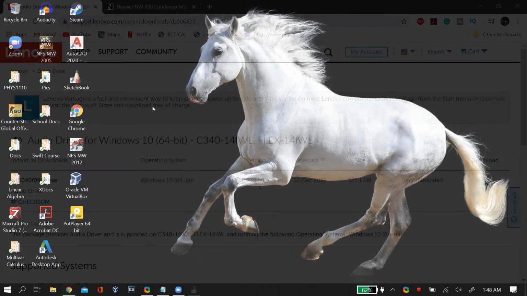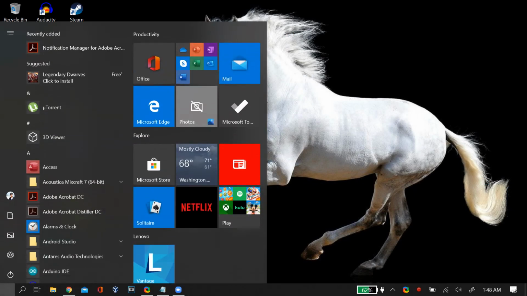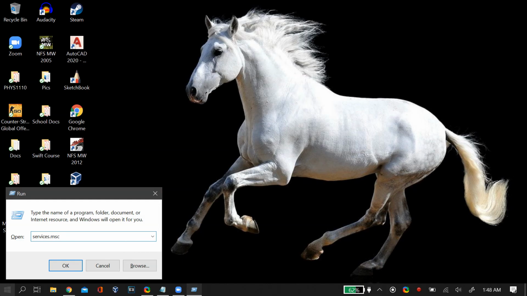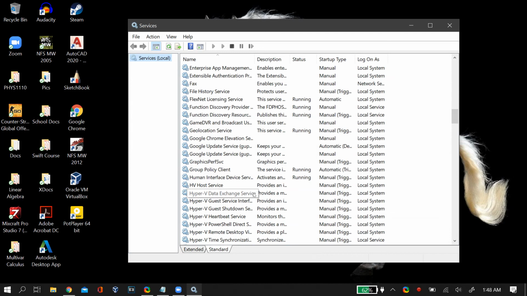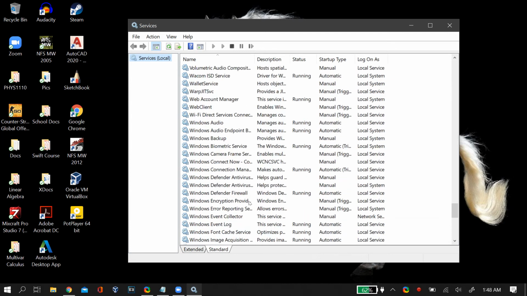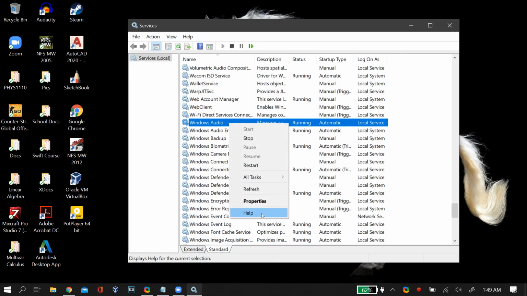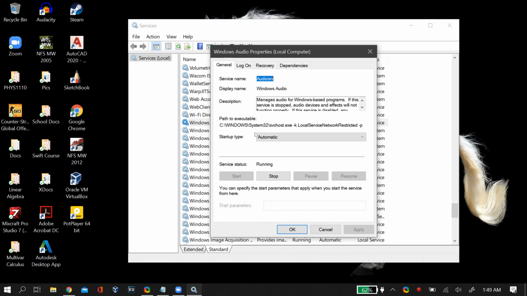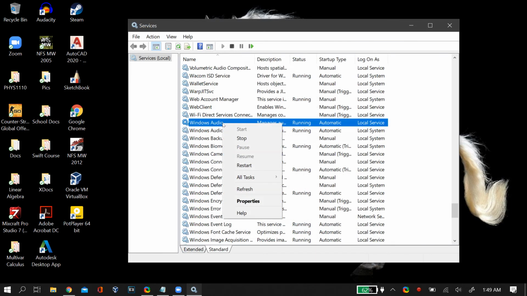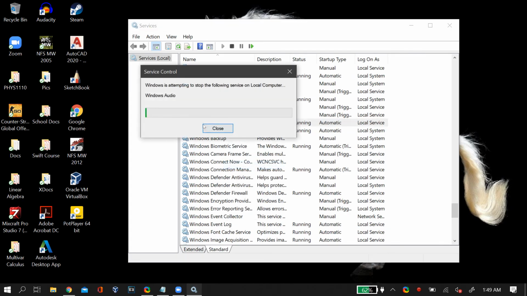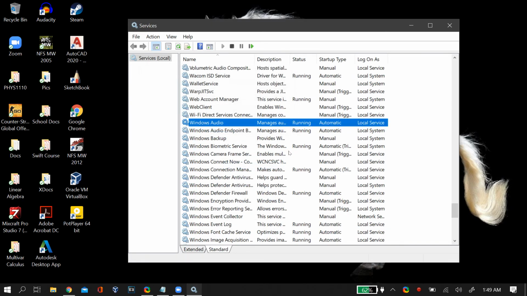The first one is to again go to the Windows search and then search run, and then in run go to services.msc. After you open up the services tab, then just scroll down until you find an option for Windows Audio. After you find the option for Windows Audio, just right click on it and then go to its properties, and then make sure that the startup option for this service is turned to automatic. And after that, just close that window and then again right click on Windows Audio, and this time click on restart. After you restart this service, then just restart your PC and check whether that fixes your problem.